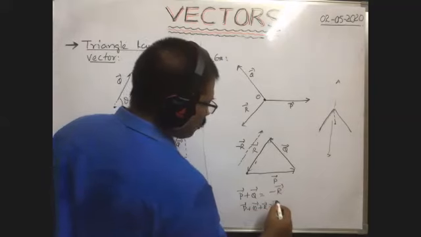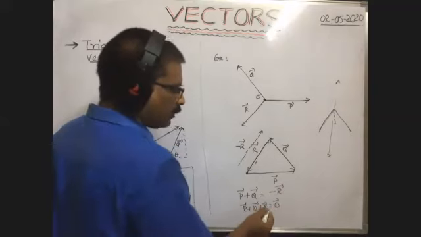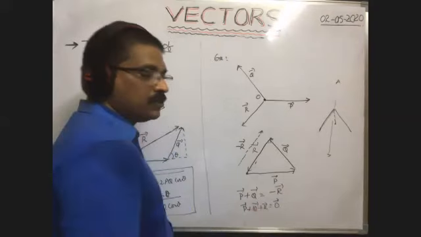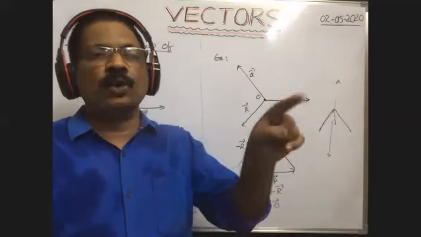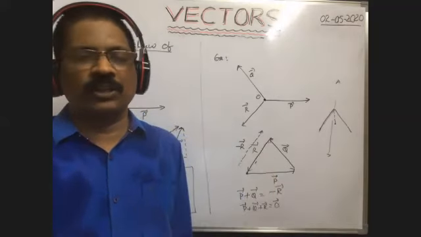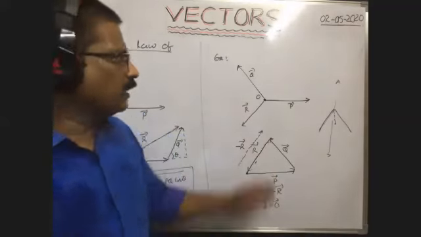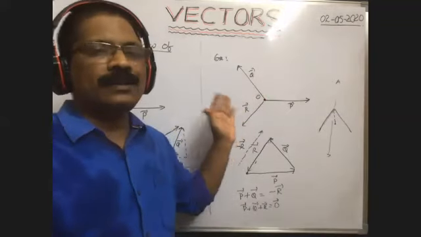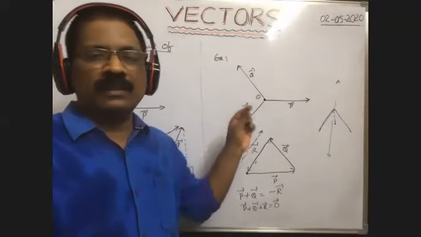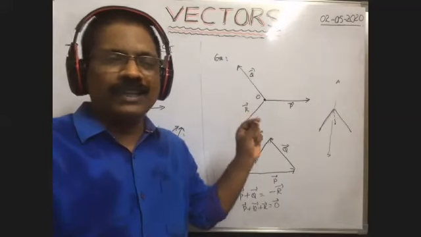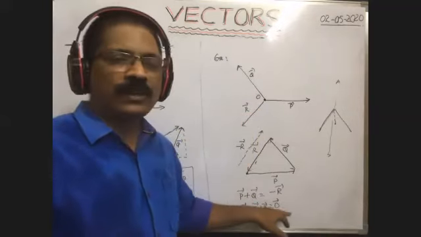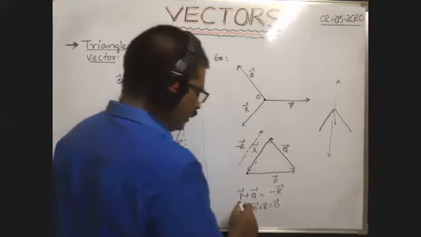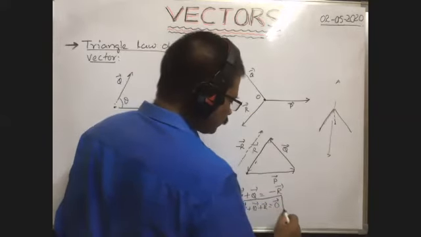Actually, these are in vector form. That's why you have to write 0 bar. 0 bar means the 0 vector. The symbol for 0 bar is the 0 vector. We have to write 0 vector or null vector. That's why when 3 forces keep the particle in equilibrium, then the vector sum of the 3 forces is equal to a 0 vector. So this is a very, very important formula.